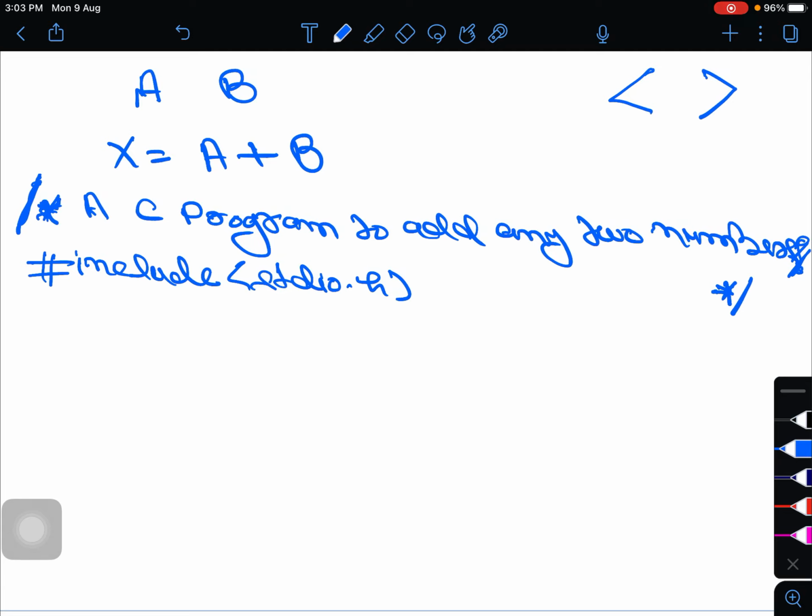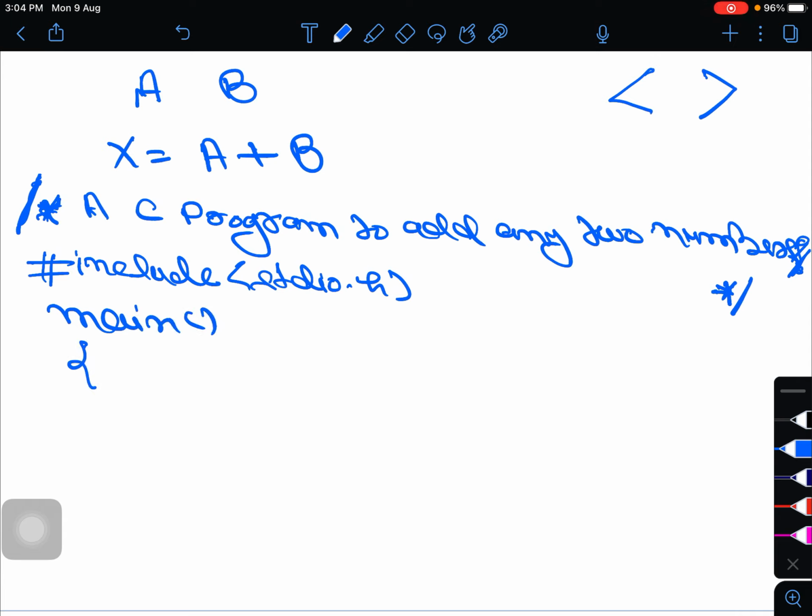Now we will come to the definition section. There is no use of definition here. If you use the definition section, then the value of the variable will be fixed. So there is no need of a definition section and no need of a global declaration, because here is only one function. Global declaration is used when we use multiple functions in the program.